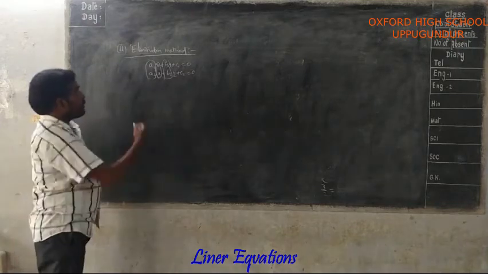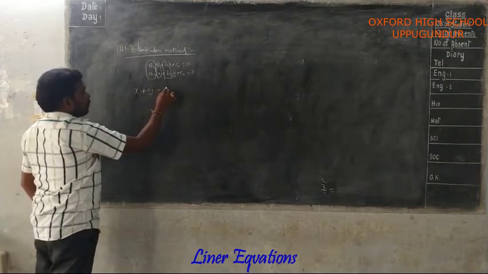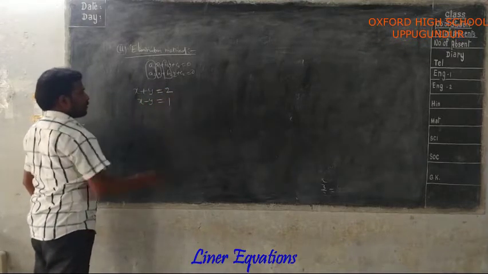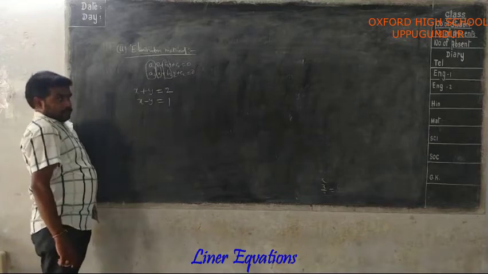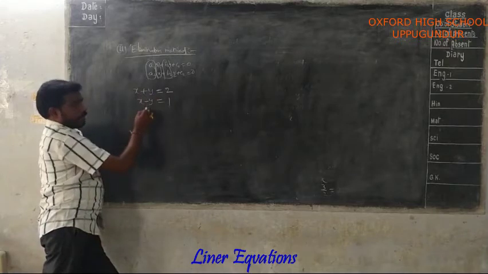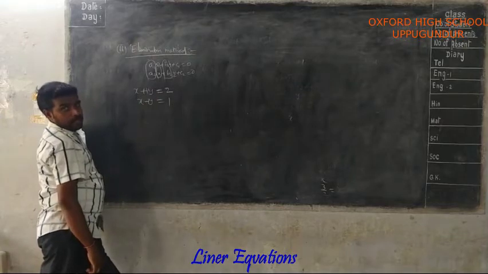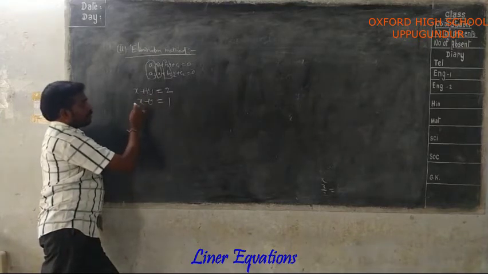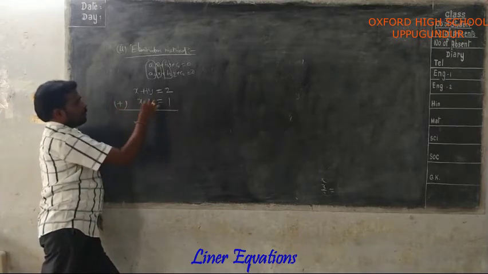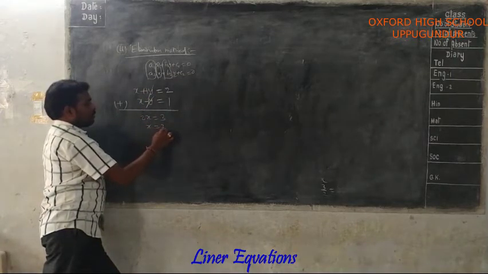the same equations when you are solving by the elimination method. What are those equations? Just now we took x plus y equal to 2, x minus y equal to 1. So here in these two equations, when you want to remove y, here the y coefficient is 1, here also the y coefficient is 1, regardless of its signs. So when you want to remove y, adding these two, plus y minus y gets cancelled, 2x equal to 3, x equal to 3 by 2.